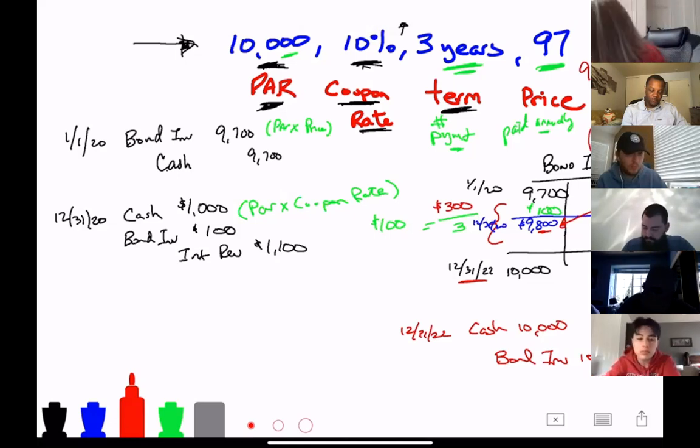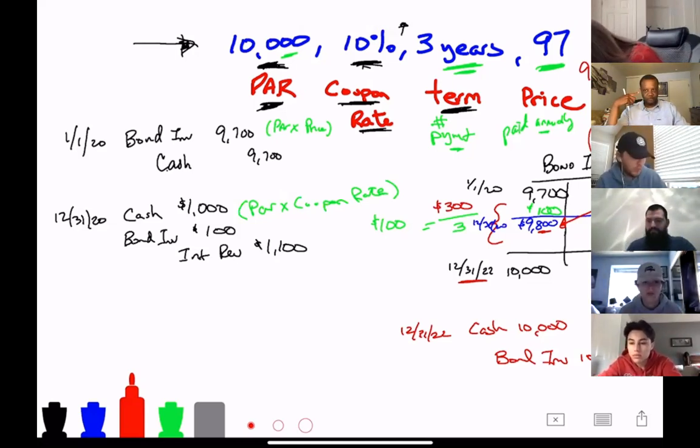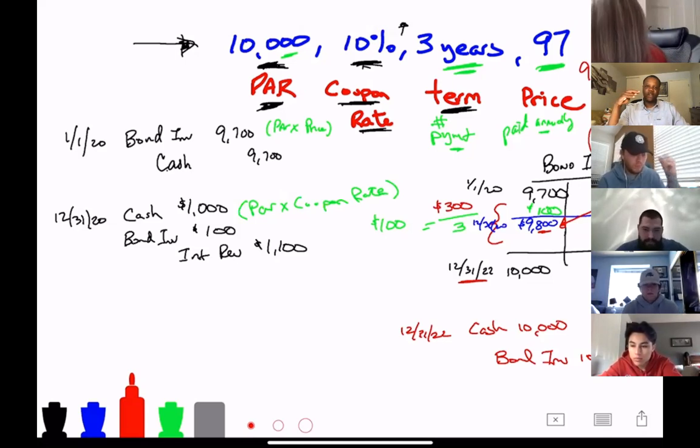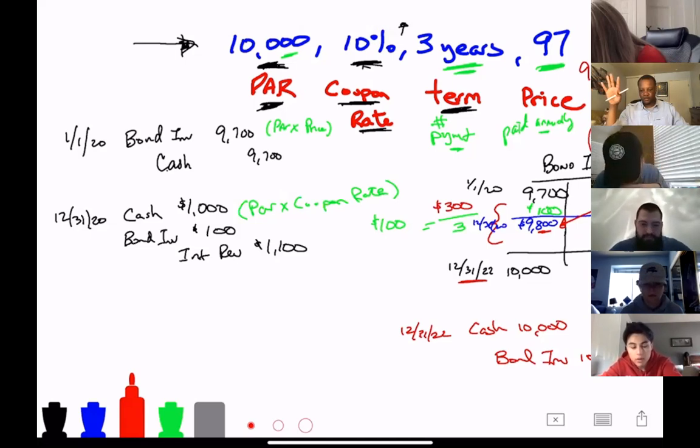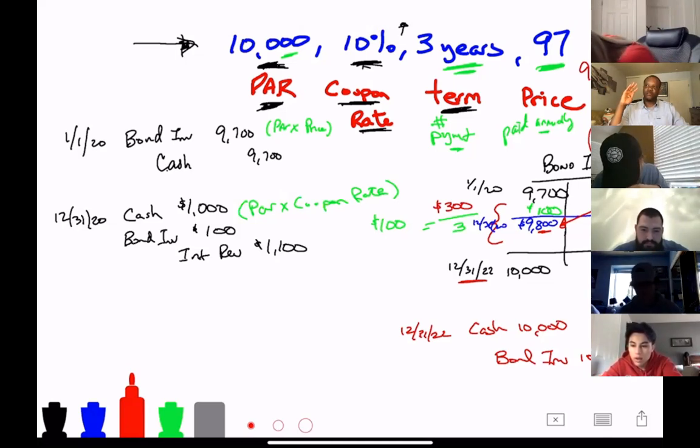Held to maturity, it's reported on the balance sheet at its amortized cost. So remember when we first met, I said assets are reported at historical cost. Whatever you paid for it is what it uses. And then I said, no, I'm just kidding. If it's a trading security, it's reported at fair market value. But everything else is at historical costs. And then I said, no, I'm just kidding. If it's accounts receivable, it's reported at its net realizable value.